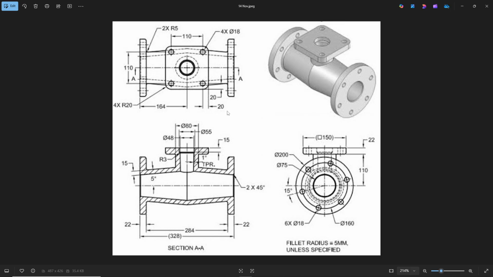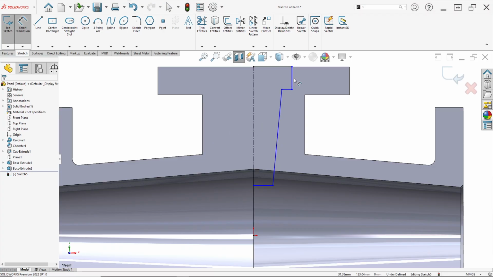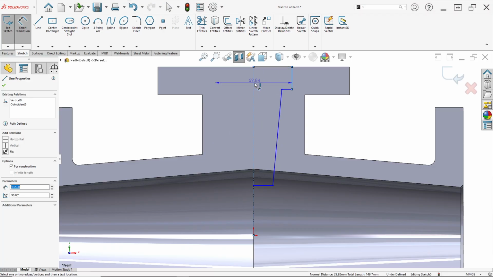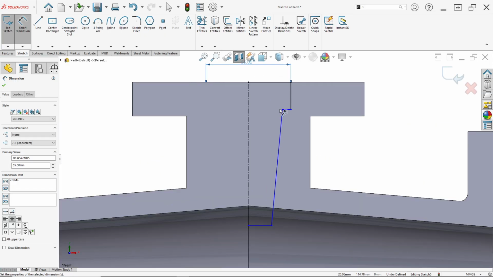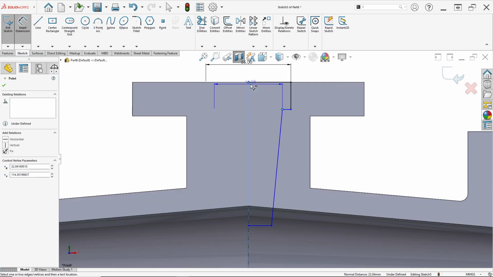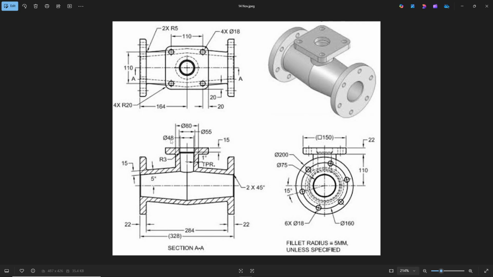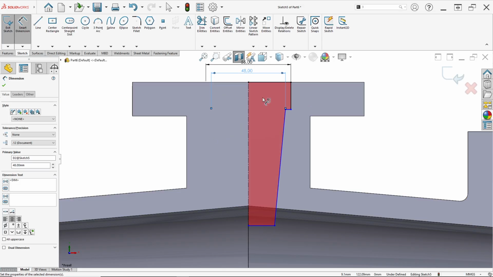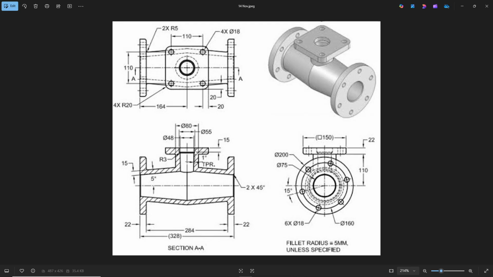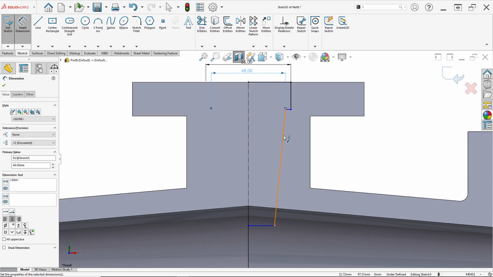Just input the dimensions. In here, the diameter is 55. This line to this line has a diameter of 55 millimeter, and this point to this center line has a diameter of 48 millimeter, like this, and this line and this line have an angle of 1 degree.